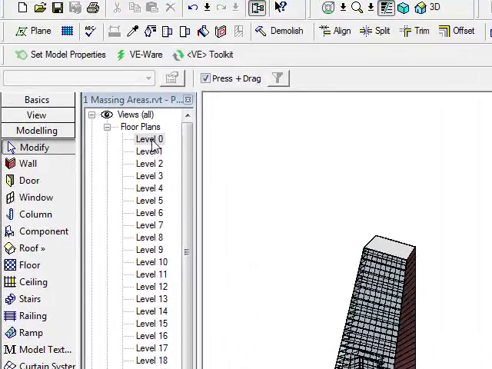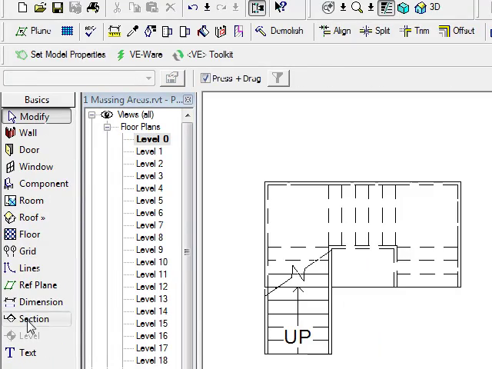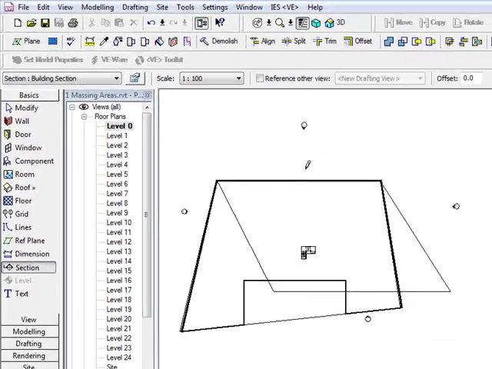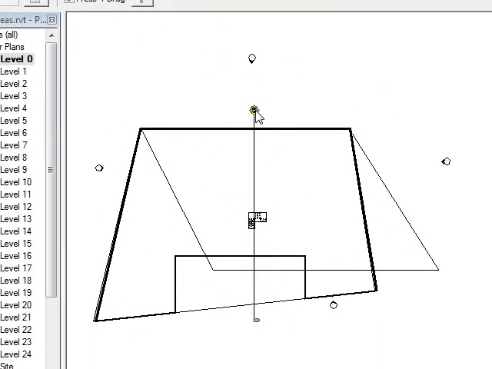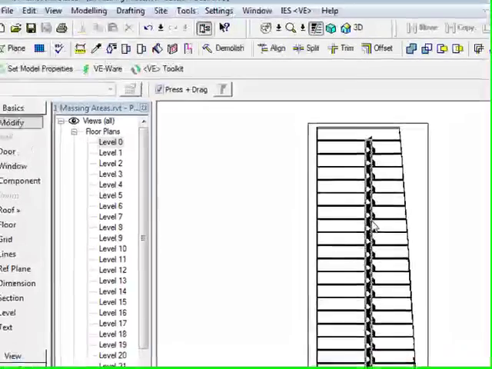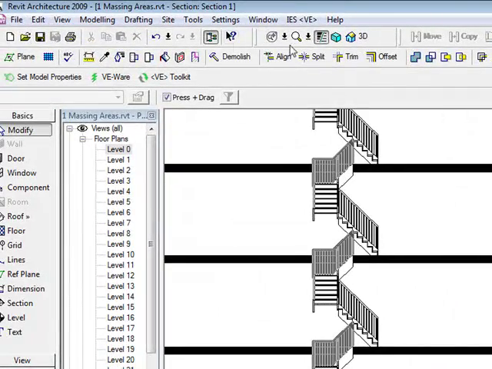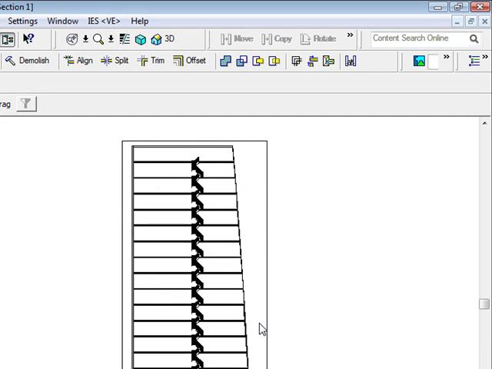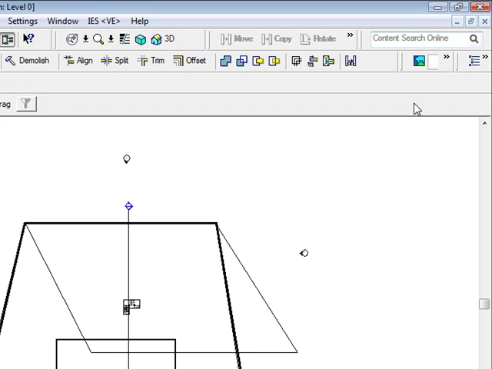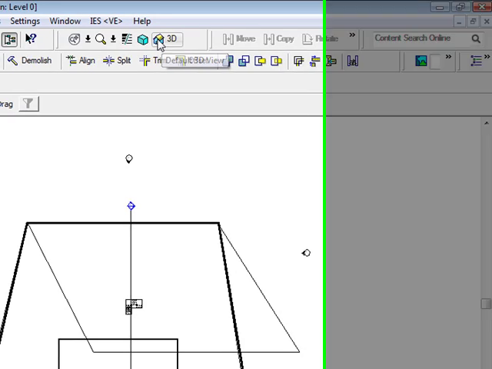So this means if I go into level 0 and actually perform my section tool, so if I drag that section line back, the building's going to appear as I actually expect it would. Now finally for this, because the designer and whoever's doing your conceptual designs reserve the right to change their mind,